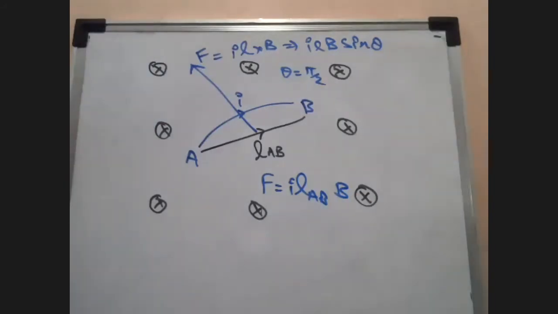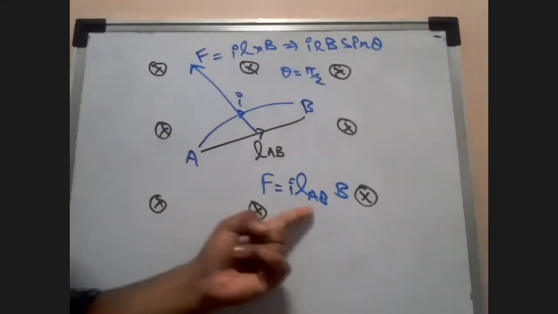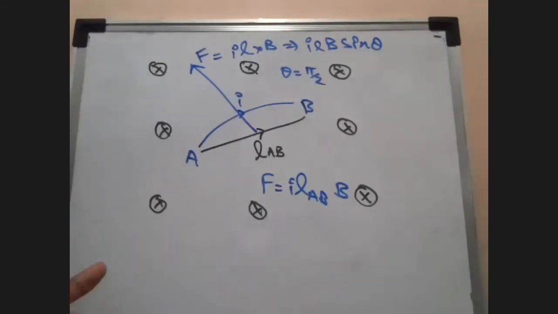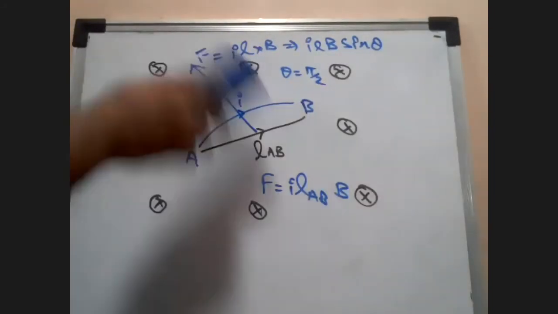But the question says I want the length vector to be in the form of radius, because the question itself is like this: a quarter of a wire of radius r. So in that case, I cannot put length AB. How do I find out, of course, magnitude? Theta equal to L by R. Someone says theta equal to L by R. Here, great. So that is what I will do.